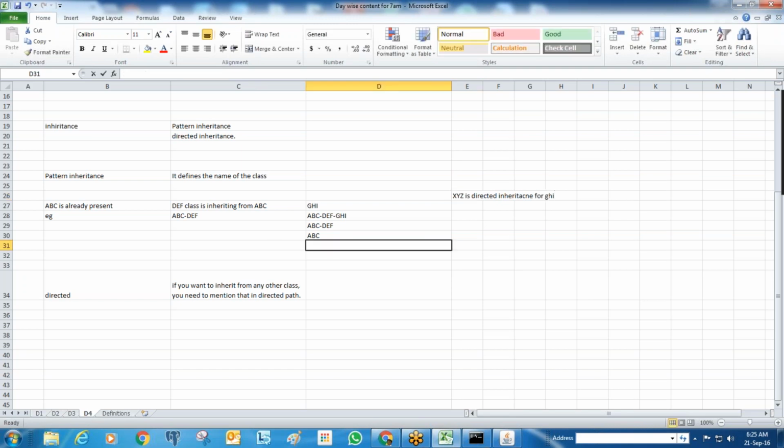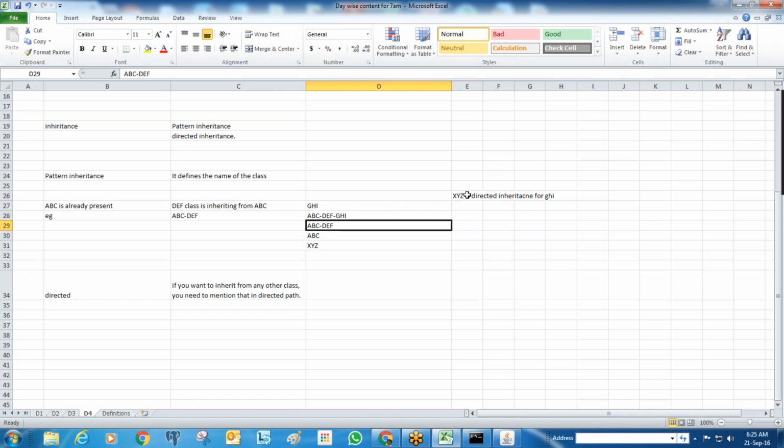That means it can also use XYZ. So the parent classes for GHI are ABC, DEF, and then XYZ. Here we need to specify this class explicitly, but for the other classes the system will automatically get to know.